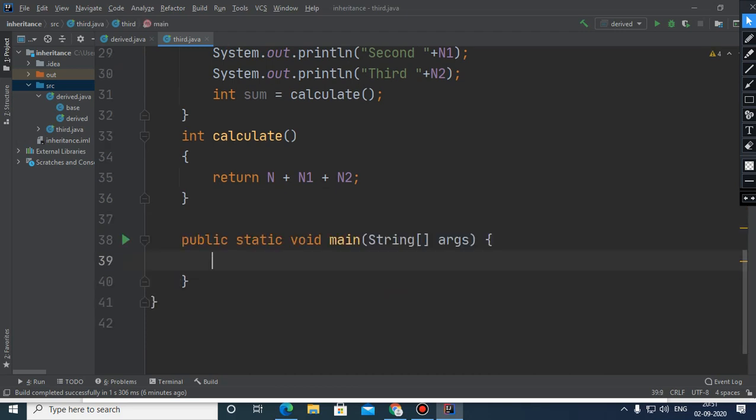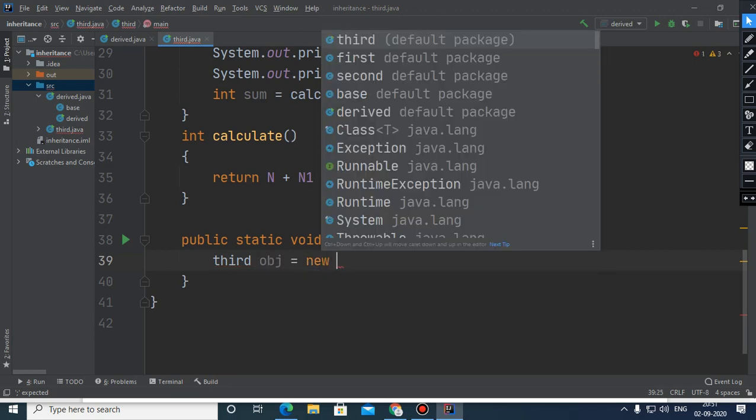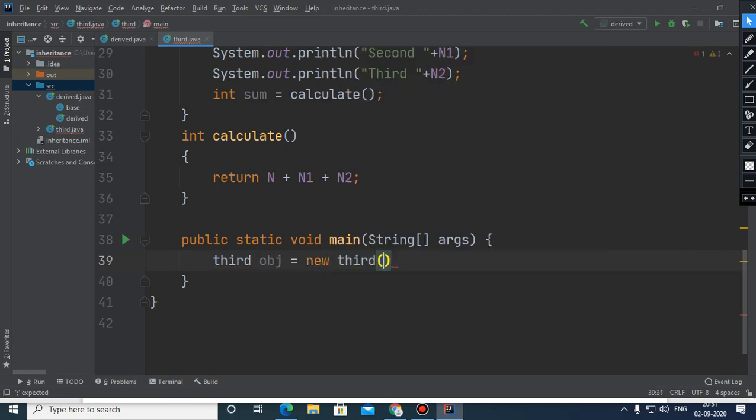So within the main method I create the object third obj = new third, passing 10, 20, 30, and then I need to call this function display.